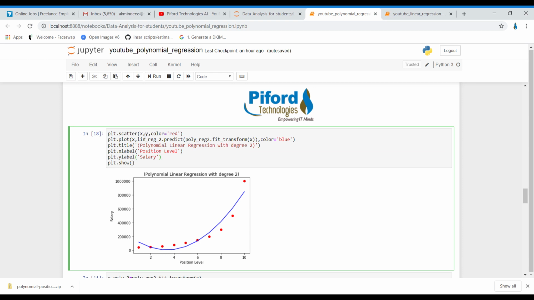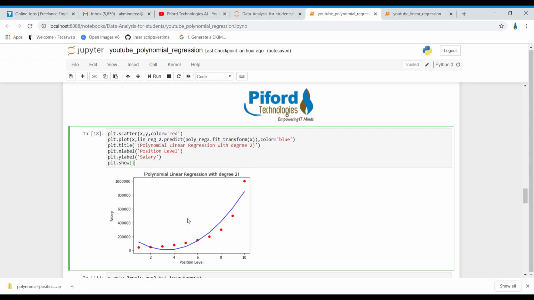What I've done is, first of all, these red points are the actual data points, and how we plotted it, we have divided the data into x and y. So these red points are showing the actual data, and this line in blue color is the predicted result. So x and actual x, right? And this is the prediction, this is the polynomial feature we have applied over here, and this is the output of it, right?